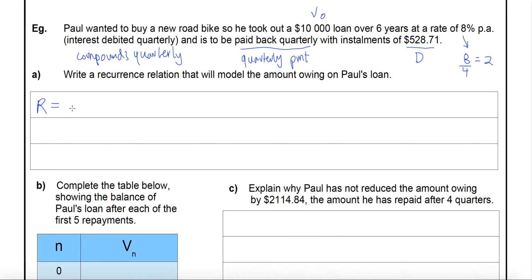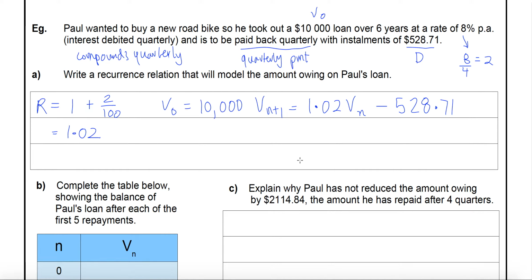So given that, our capital R value is going to be 1.02. And so our recurrence relation, we're starting off with 10,000 and Vn plus 1. We get that by first adding on the interest, which is done by multiplying by 1.02, and then subtracting the payment that Paul is going to make,